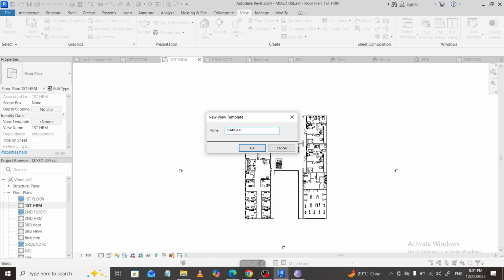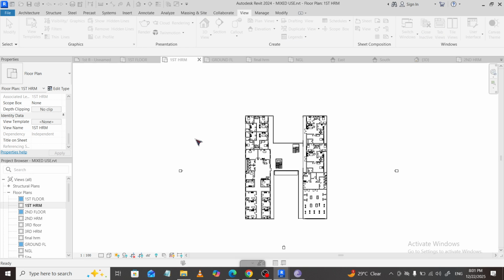match your graphic standards. To create a new template, click New in the dialog, give it a clear descriptive name that reflects the view type or purpose, then configure the settings you want. When the template is ready, apply it to any view from the Properties palette using the View Template dropdown. The instant you assign a template, that view becomes governed by the template settings, ensuring uniform graphics without manual tweaking